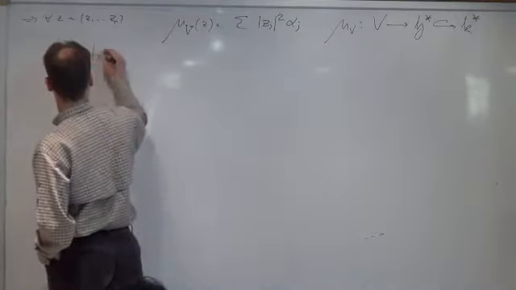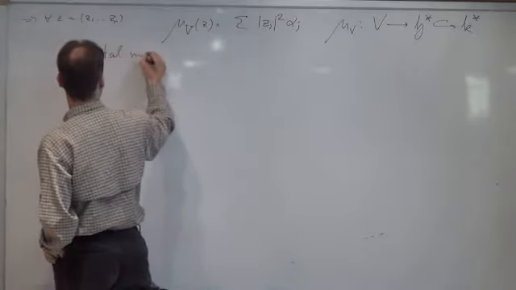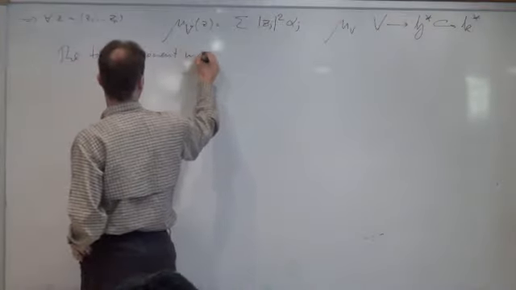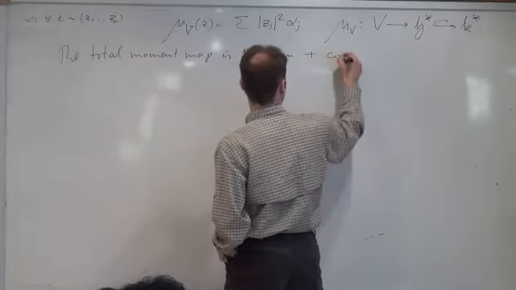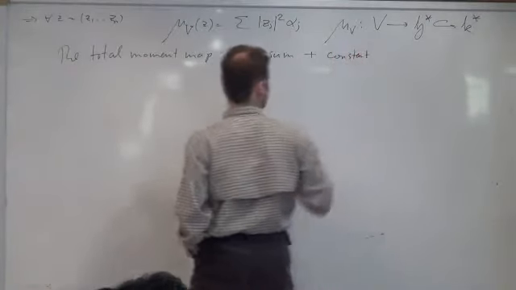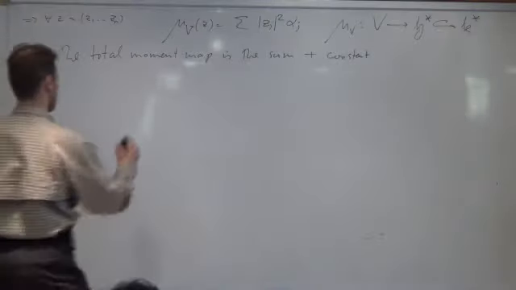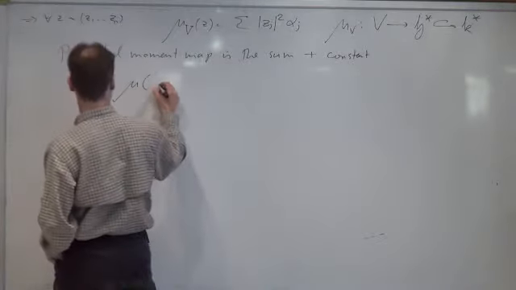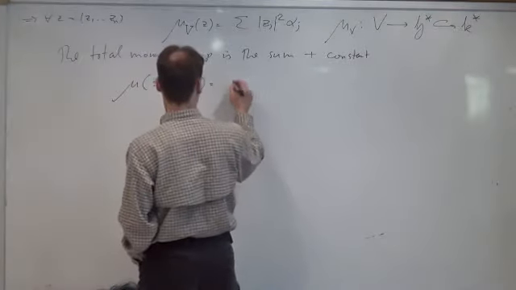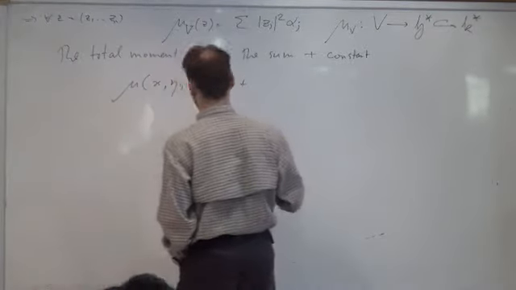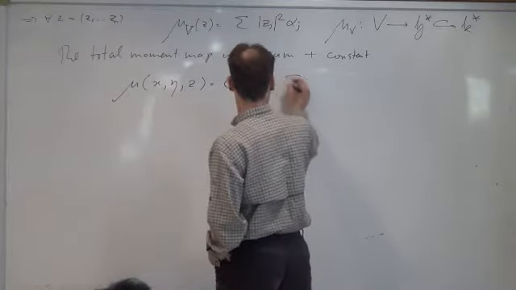The total moment map is the sum plus a constant. And it's mu of x, eta, z is going to be some constant plus eta plus the summation